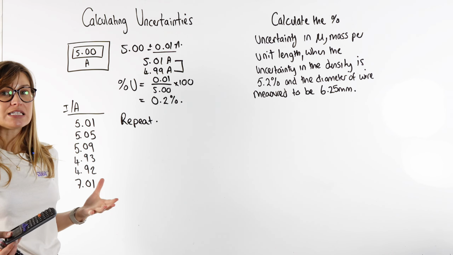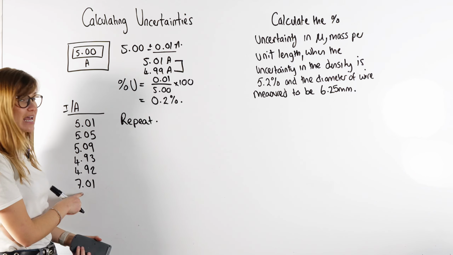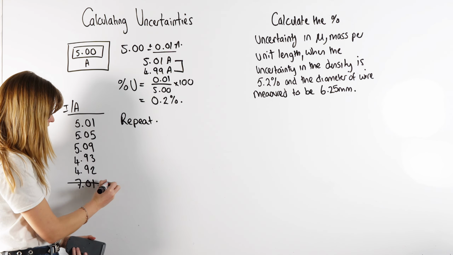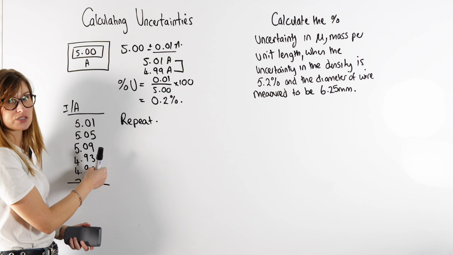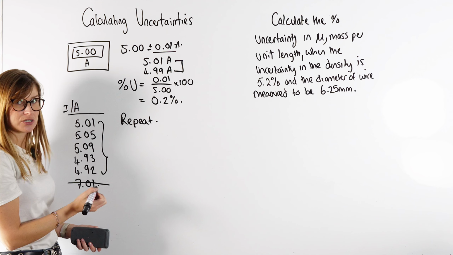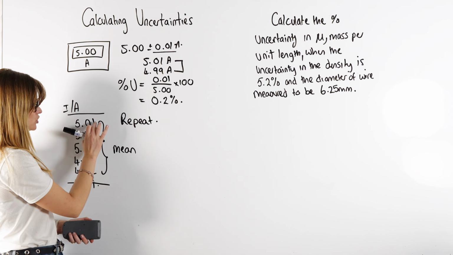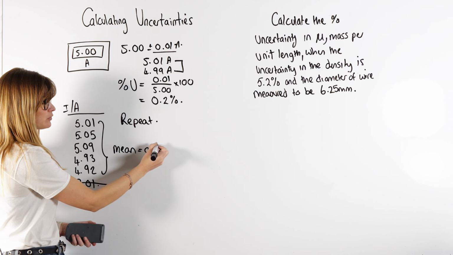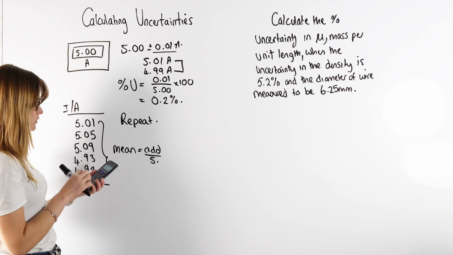An anomaly is a result that doesn't make sense. If I look here, you can clearly see that's definitely an anomaly. It's very different from the other results. So we ignore the anomalous result and take the mean of the other numbers. To find the mean, we add all the numbers together and divide by the number of data points I took, which is 5. So to find the mean, we do 5.01